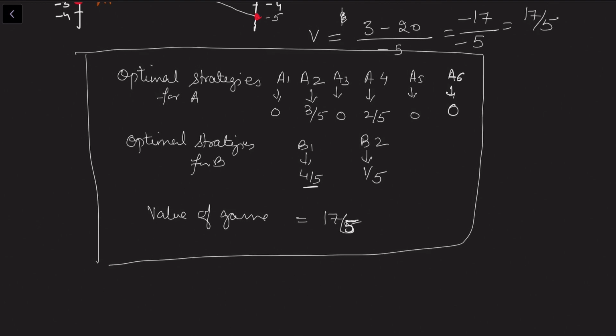So this way we can reduce our m cross 2 or 2 cross n problems into 2 cross 2 matrices and can apply the formulas for the probabilities that we have done in the last video also. I have added the link for the last video in the description box, and I would strongly recommend that before this video, for better understanding, the previous video must be watched.